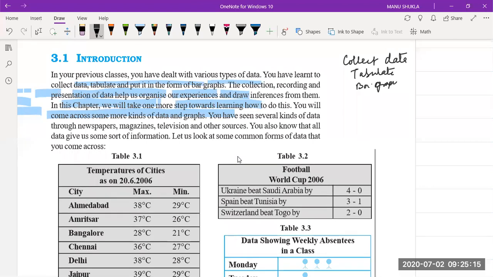Suppose you come to a new class, or suppose you take admission for the first time. What a teacher does is, first they collect your name. Suppose your name is from A, then your name is from B. Suppose Bhanu, Charu, whatever names are there, they will collect all those names in a haphazard way, with your phone numbers and all those things. After that, to make it easy to understand, they will tabulate it.